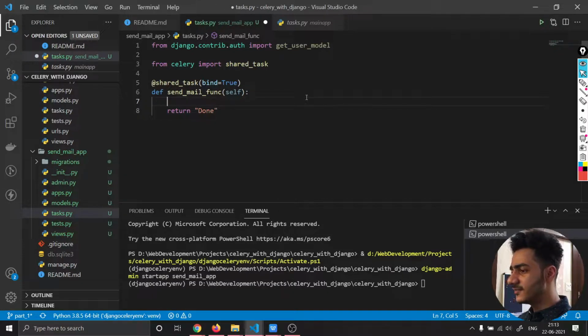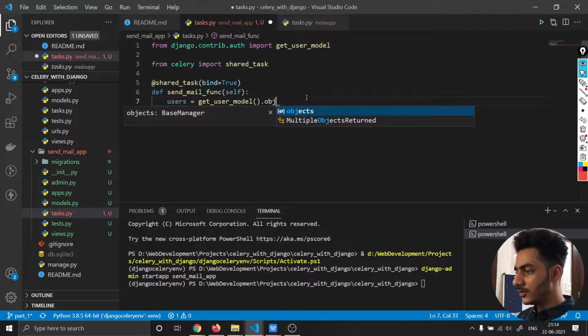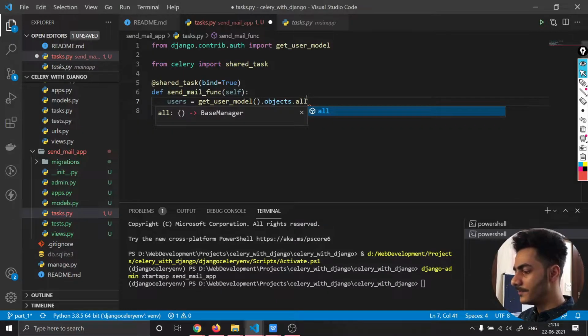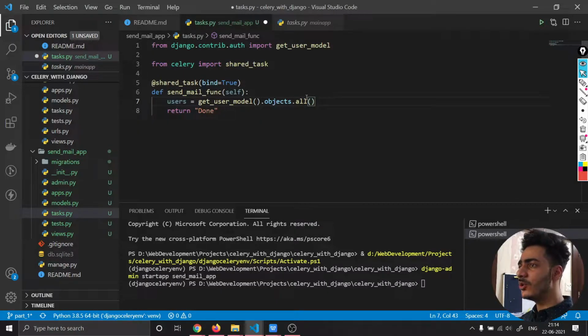So inside this function, what I will do is I will first use Django ORM to get all the users. So here get user model dot objects dot all, because I want to send mails to all the users.